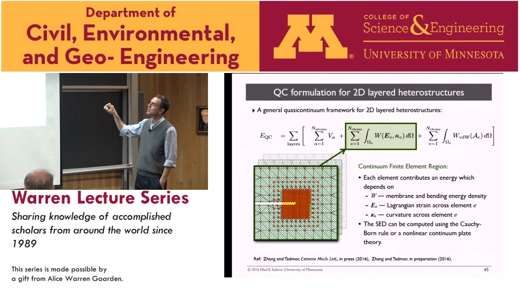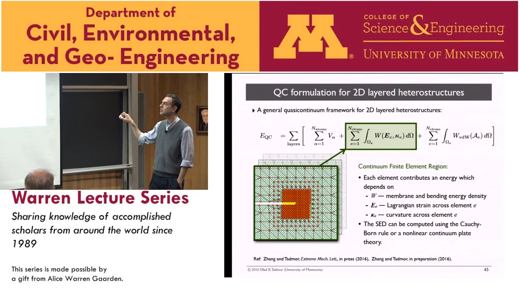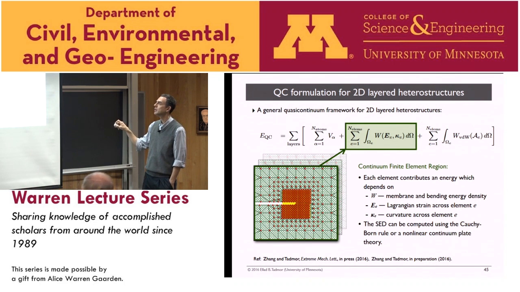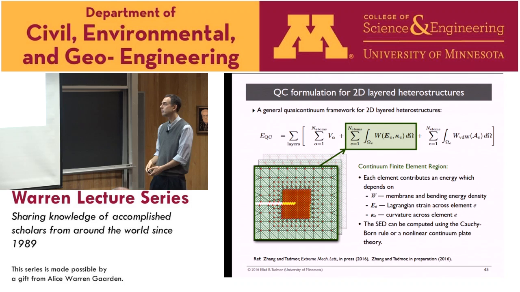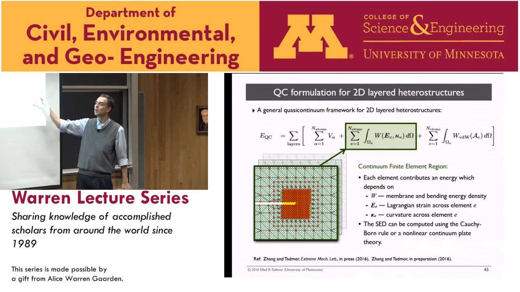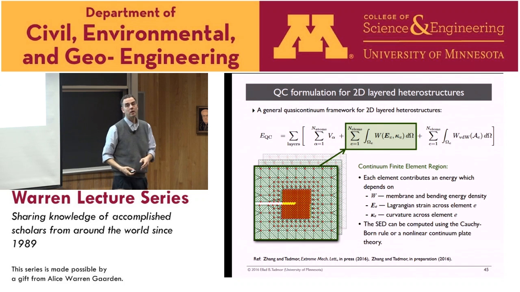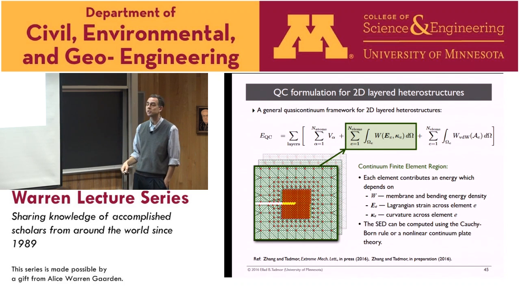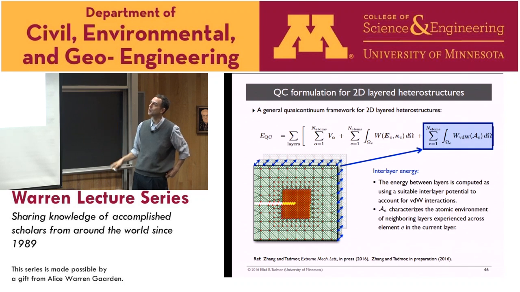And so the strain energy then depends on the membrane energy and the bending energy of the system, the Lagrangian strain in the element, and the curvature. You can literally write down a continuum model, or you can do something more fancy and compute things from atomistics. Either one works. In reality, we find that the continuum model works very well, and we use that. And then you have an additional thing, which is that each of these layers has to talk to the layer underneath it through this van der Waals interaction. So we've constructed this system now, and we're beginning to explore its predictions.